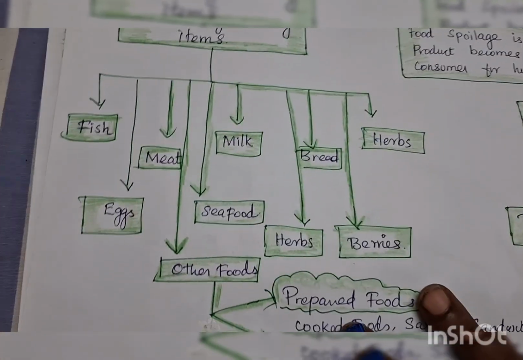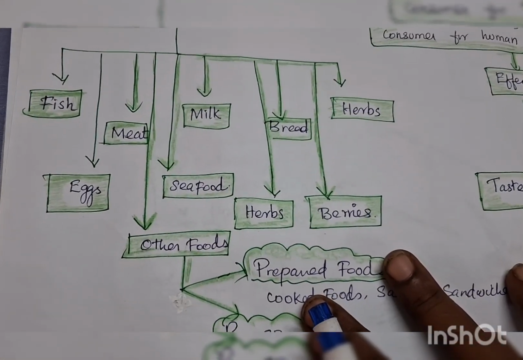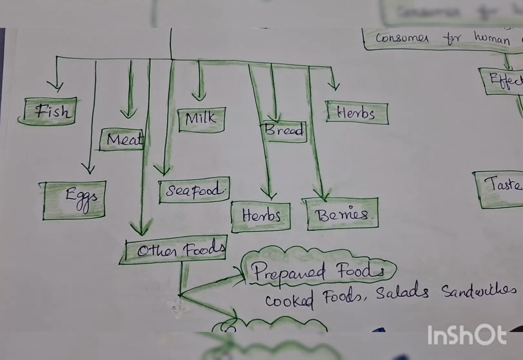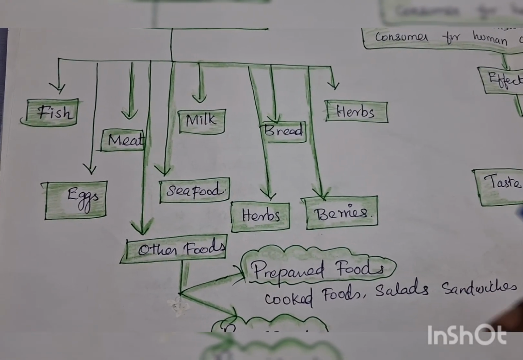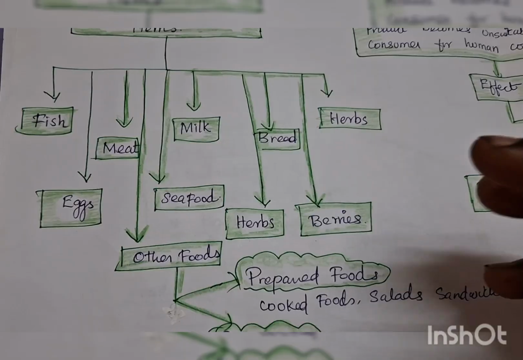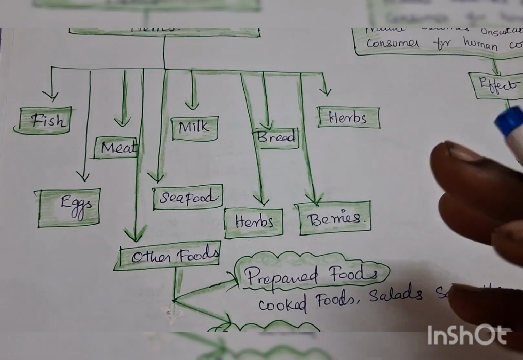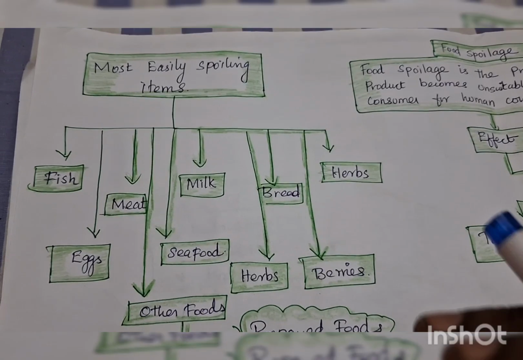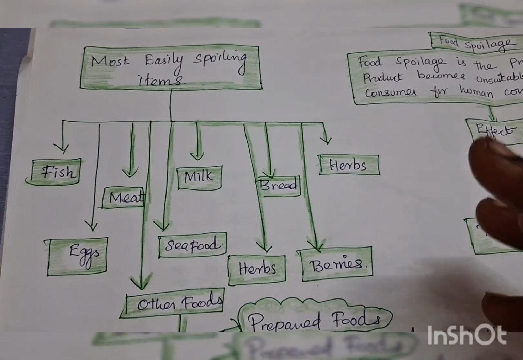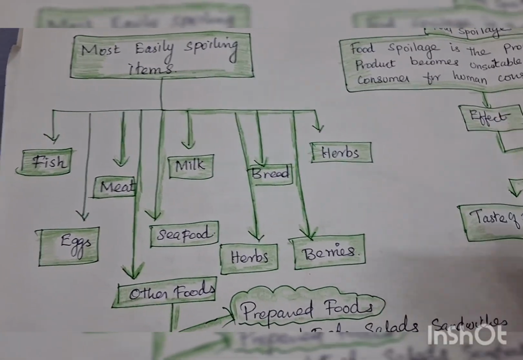Why do they spoil easily? The temperature may be altered or we are not handling them properly, because microorganisms are present everywhere on the human body. For example, if I touch the food with my bare hand, there is growth of streptococci and staphylococci organisms. So improper handling is the most important reason for food spoilage.